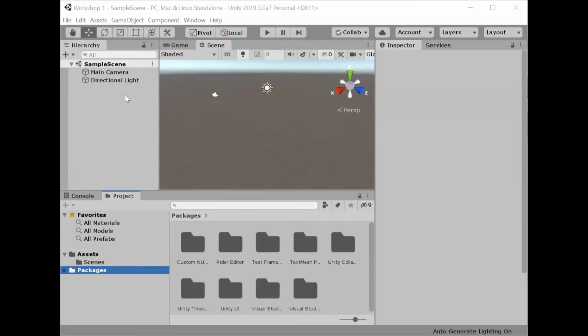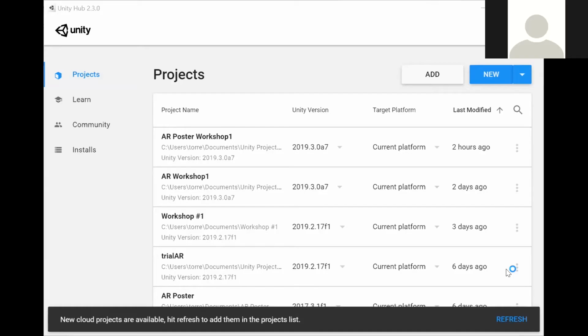Today we will be going over an augmented reality workshop. This workshop reviews the fundamentals of Unity and guides you through how to create an augmented reality poster. Before we get started with the Unity stuff, just to introduce ourselves,